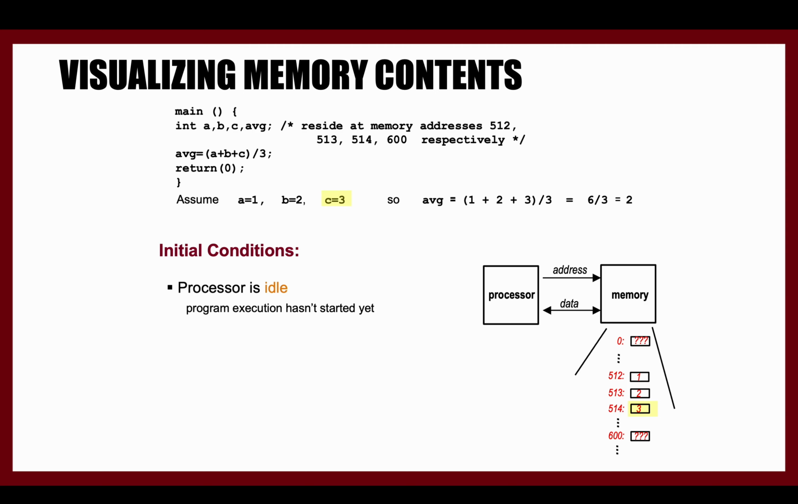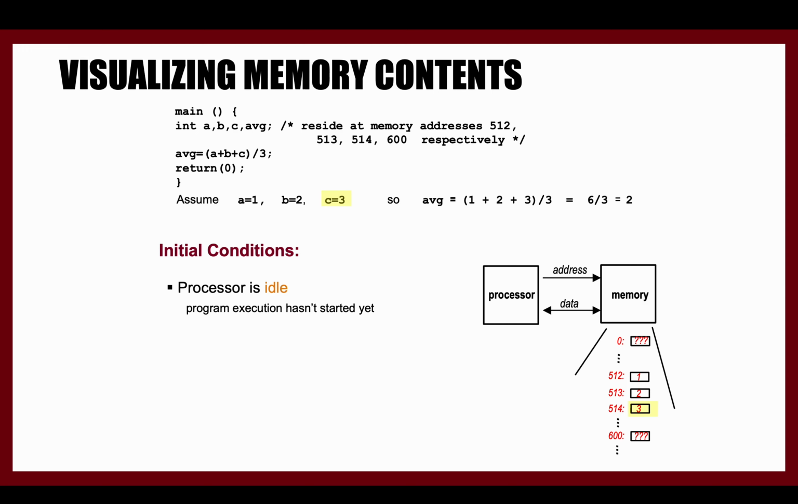The program calculates the average using the formula A plus B plus C divided by 3 and stores the result in the AVG variable. Assumptions: the given values for the integers are A equals 1, B equals 2, C equals 3. Hence the average calculated is 1 plus 2 plus 3 divided by 3, which equals 2. Initial conditions: